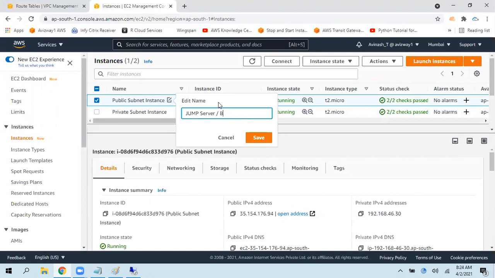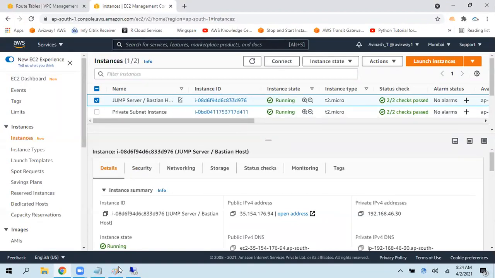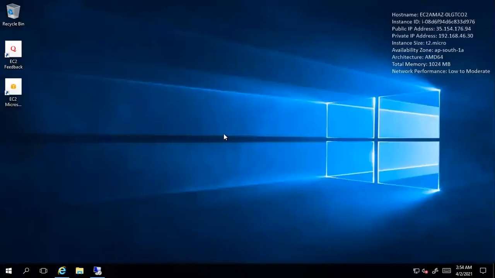Jump server or bastion host. The technical word is bastion host. The common terminology is jump server. Now, however many instances you have in the private subnet, all those instances you can connect from this public subnet or jump server.